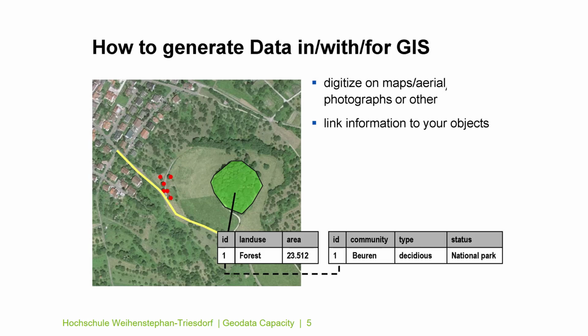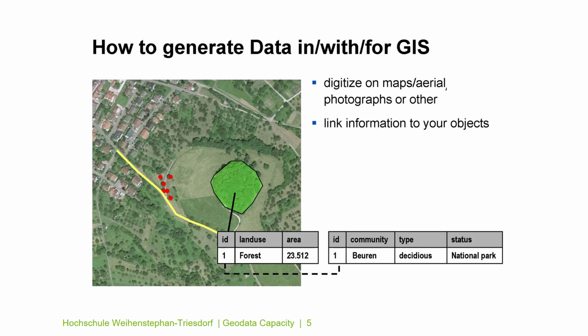Then we have to link information to the geographic or geometric objects. If you remember, the special characteristic of geodata is that we have data that not only has a location, but also has additional thematic data attached to it. In this case, attached to this geometric object of a green polygon, we have attribute information